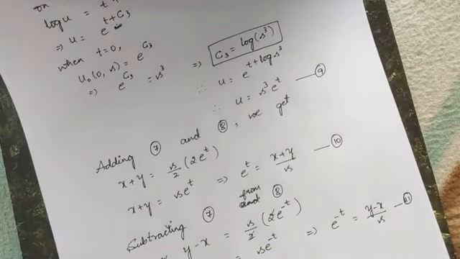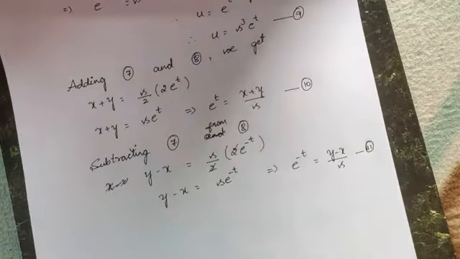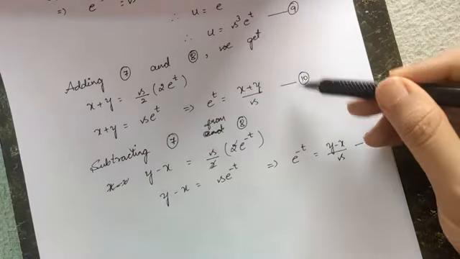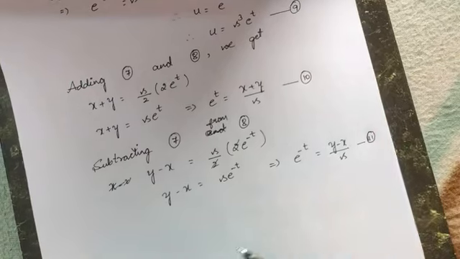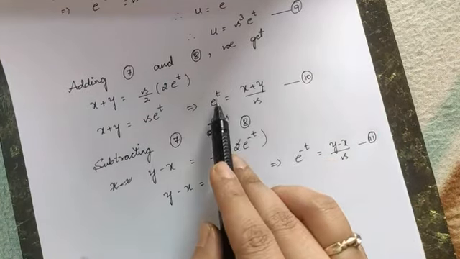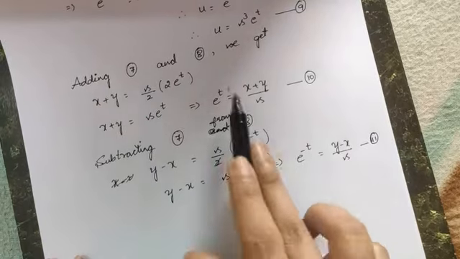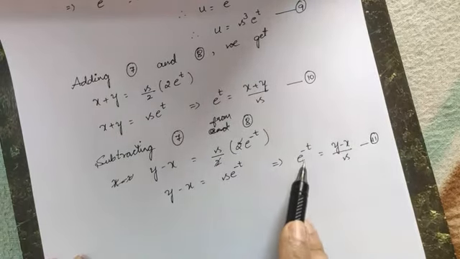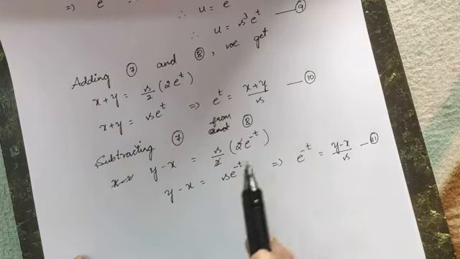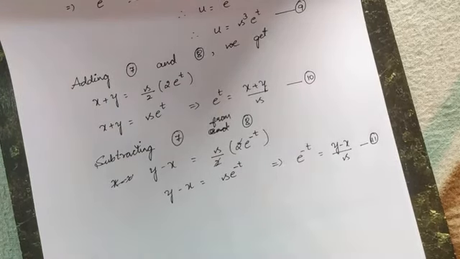In order to eliminate s and t, if you have any other easy procedure, you can follow that. So now I will multiply these two equations so that I will get my solution in terms of s, because here I have e power t and e power minus t. If I multiply these two things, since bases are same, if I add the powers, you will get e power 0, that is nothing but 1. So your t gets eliminated there.